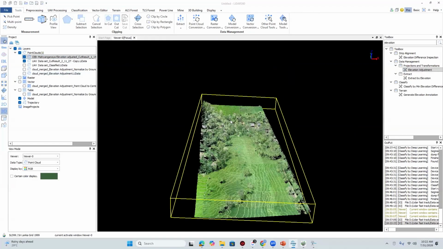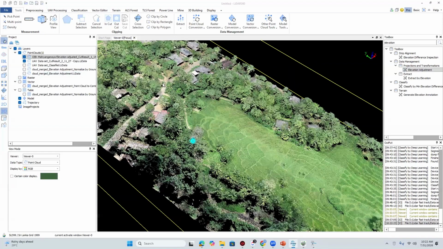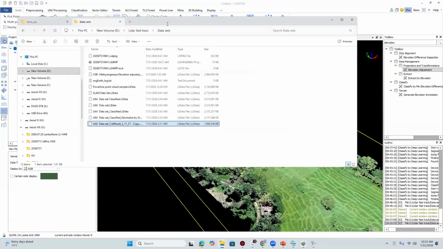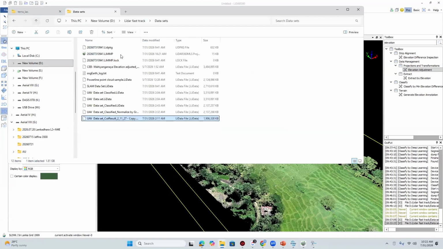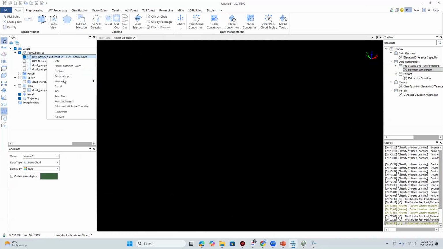We can add all the data. Another way is that we can drag and drop all the LiData files in here, and they are automatically added into our workflow. Okay, then